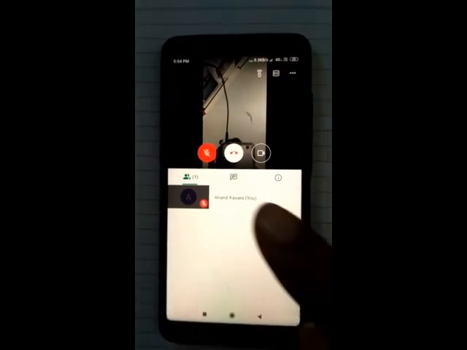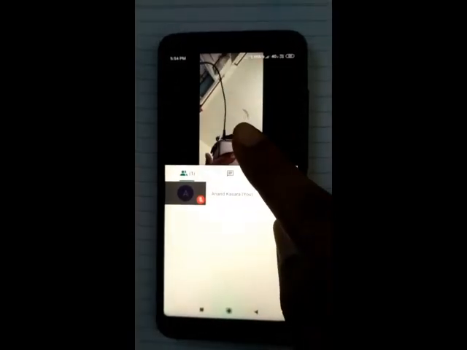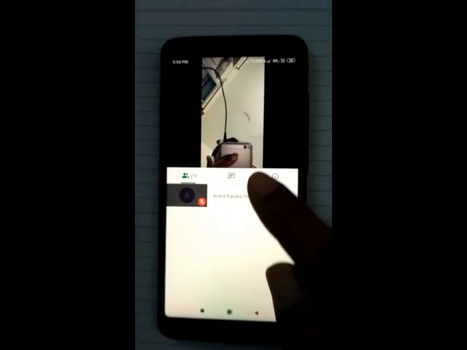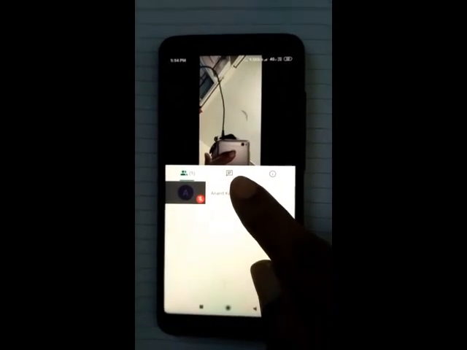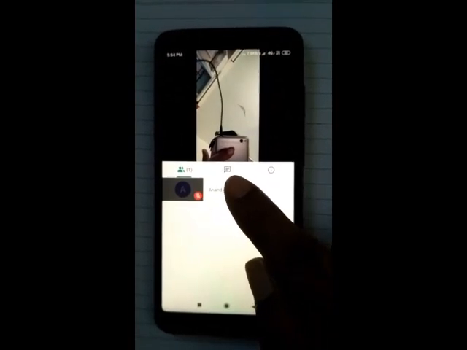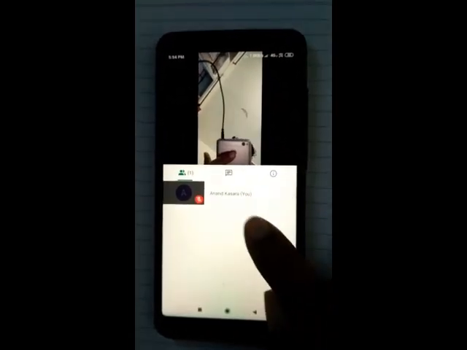When you click on join, you will get your screen here. And you can see here a chat icon. Simply click on the chat icon when your teacher says.